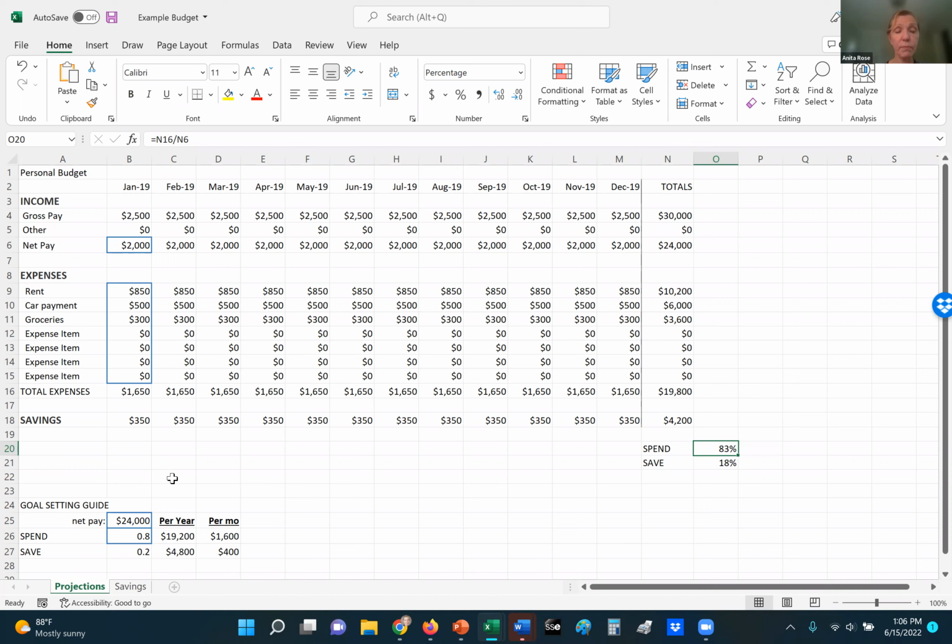And then you want to set some goals for spending and for savings, and you can include that information in here. The Excel spreadsheet is set to automatically calculate for you, and it will tell you how much of your income you spend and how much of your income you save. So in this scenario, if you save $350 a month, you're saving 18% of your income, right? And it is your net income, because it's really what you take home, right? So that's important. All right, so please utilize that. I think you will find it helpful.